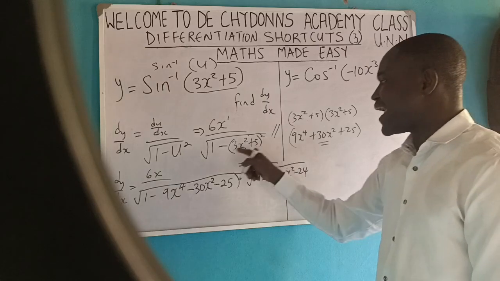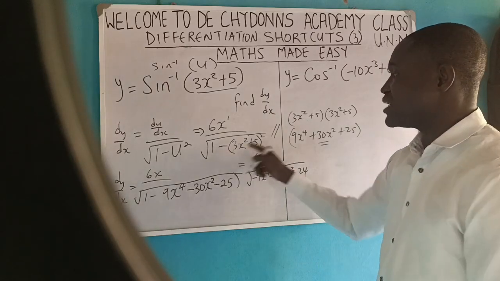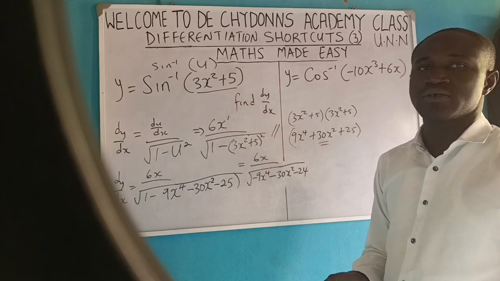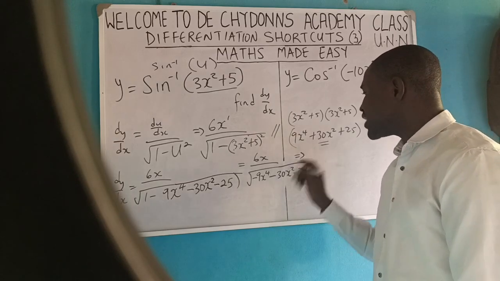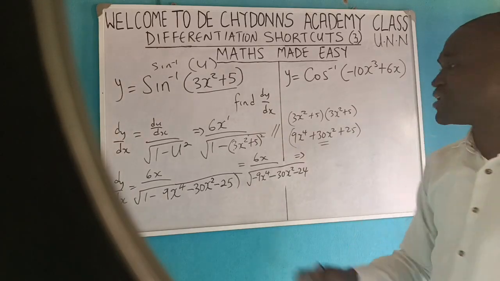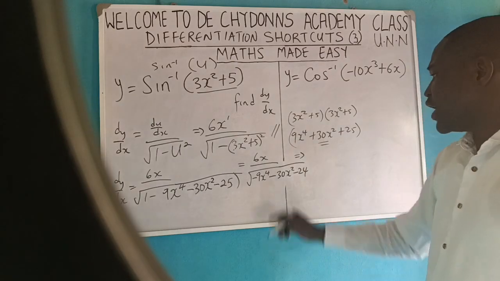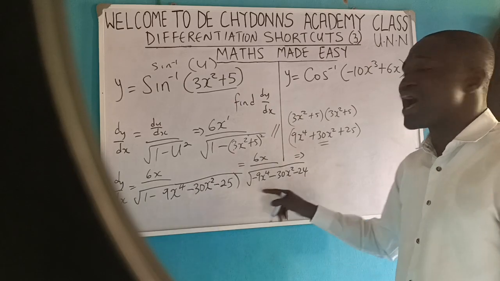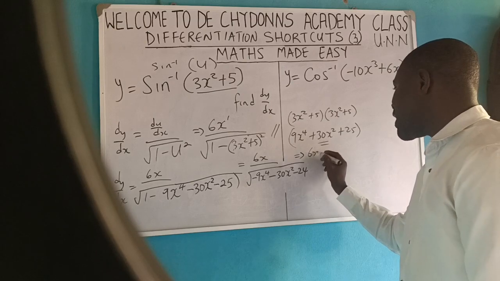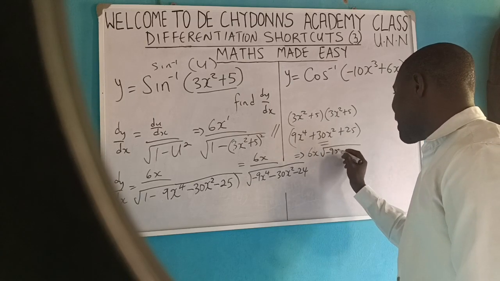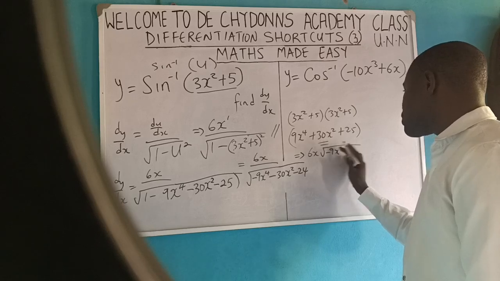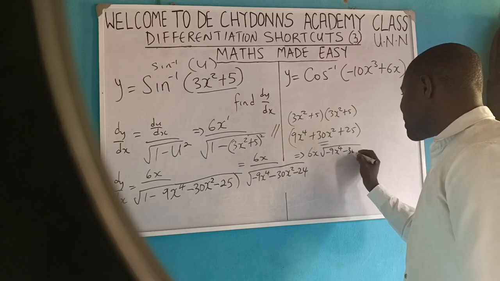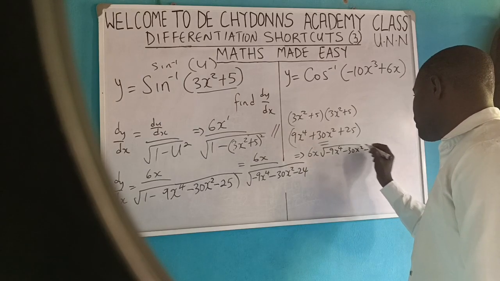This is when they expand this, but most times they leave the answer this way and you are done. But when they expand it, you have it. Then if they expand it further by saying that the denominator should not have square root, everything you are solving depends on the options. If they expand it further by saying that the denominator shouldn't have square root, that means 6x, I will carry this denominator, put it up,